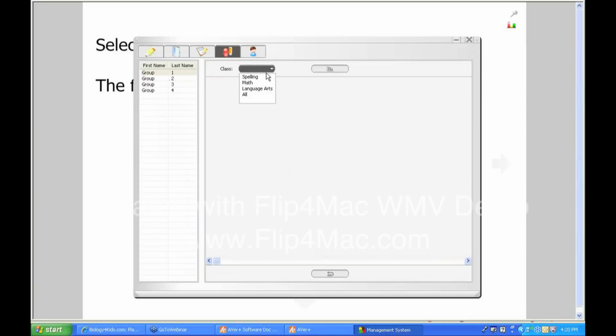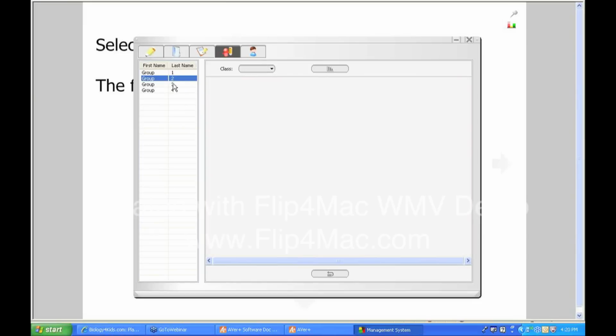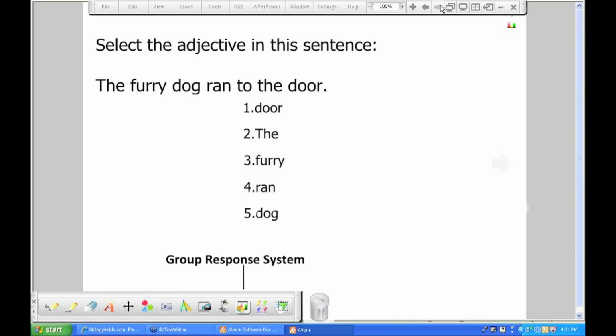I can also see student individual results by each group. So I can see that group 1, well, that seems to be acting funny, but I don't think I gave them points. So that's how you can access all of your reports for your group response questions. But if you just want a quick gauge of whether or not they're following along with the lesson, you can just run that quick quiz and see the results as a pie graph, bar graph, or how quickly they responded. So that is what the group response